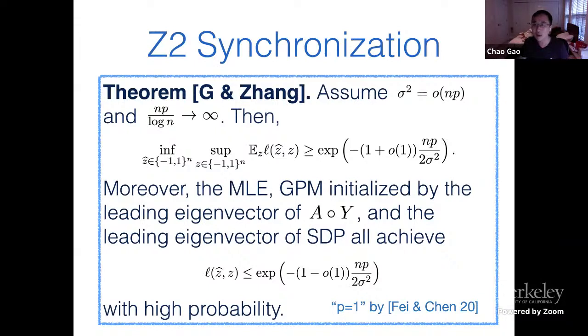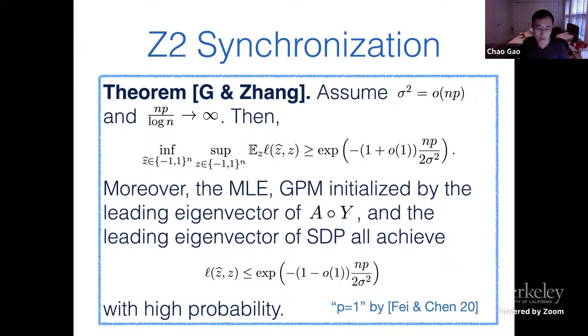problem, right? So for a discrete problem such as Z2 synchronization, it is not obvious it will capture the discreteness of the problem. So for a long time, what people could only establish for the performance of SDP is a polynomial rate. The paper by Fei and Chen is the first time in the literature that rigorously proves the performance of SDP for this discrete problem is actually exponential, right? That's a big achievement. And if I remember correctly, the error exponent in Fei and Chen is also sharp. They get the sharp exponent, okay?